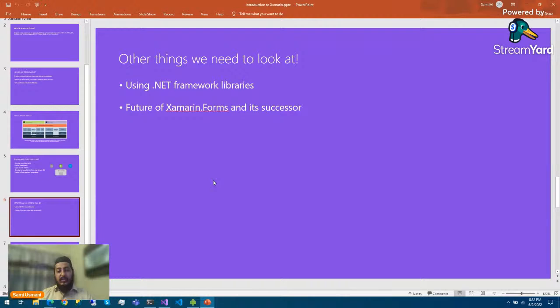Until now, Xamarin.Forms is there. Microsoft is supporting Xamarin.Forms. People are still learning Xamarin.Forms and developing applications with it. So there is nothing to worry about for 1 or 2 years, but there is a little transition from Xamarin.Forms to the newer successor. And if you are fluent in Xamarin.Forms, if you have learned Xamarin.Forms as a daily driver, then you can surely and easily move to its successor. There is no problem in it.